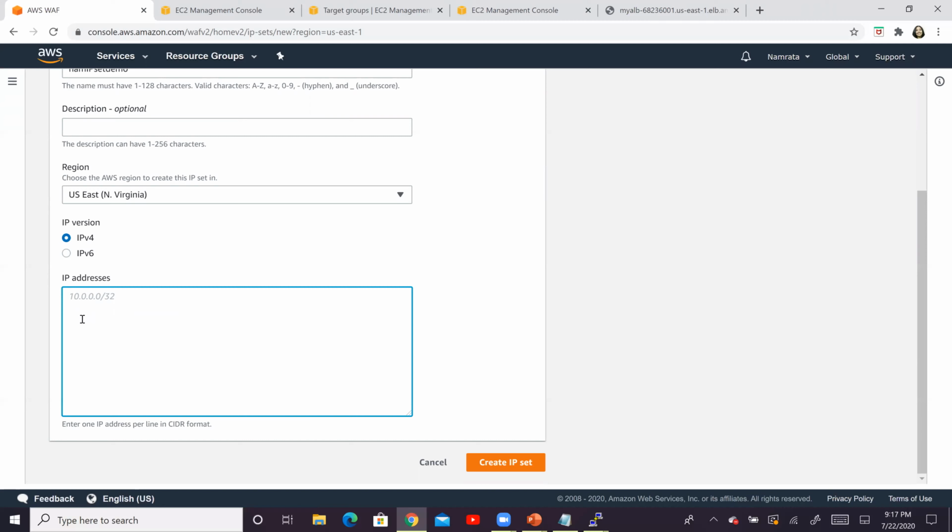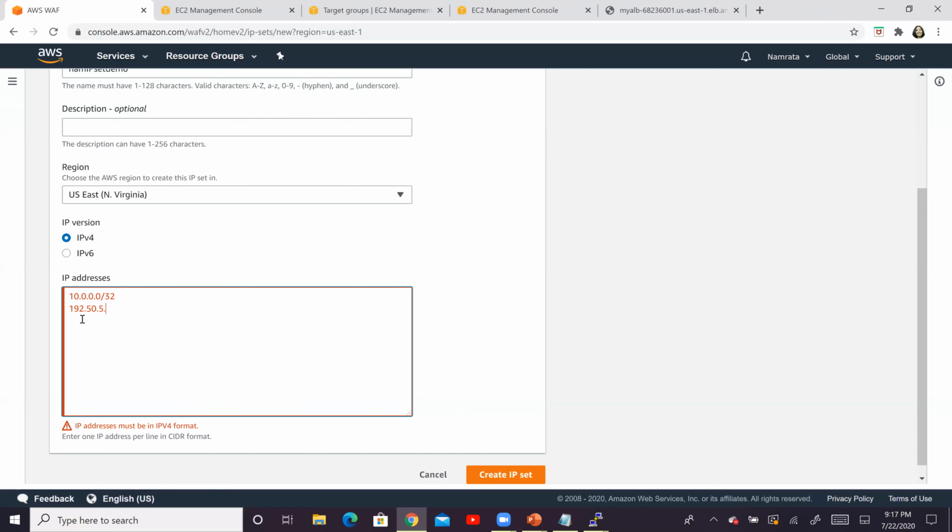So over here, we are going to go ahead and provide a few IP addresses. Now, these could be any IP addresses that you can choose. In case you want to use your own IP address, you are more than welcome to do that, because that will help you to do this demo in a much easier and simpler manner. So I'm going to add a couple of IP addresses over here, like this. In addition, after I create this rule, I will come back and modify it and add my own IP address.